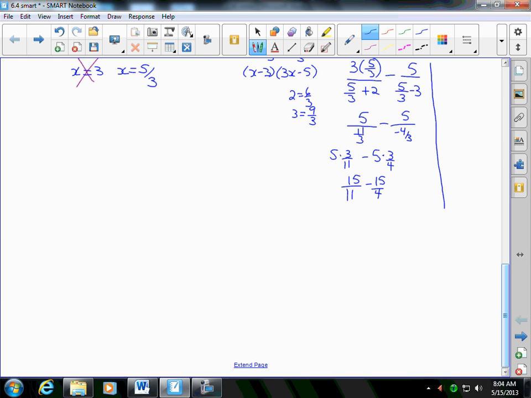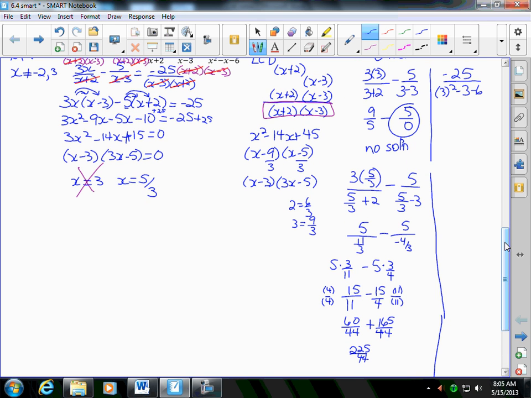Lowest common denominator will be 44, so if I multiply top and bottom by 4 over 4, and this side I multiply by 11 over 11, I have 15 times 4 is 60 over 44 plus 165 over 44. So this is 225 over 44. Now it looks like a messy number, but it still could possibly work. So if I try the other side,